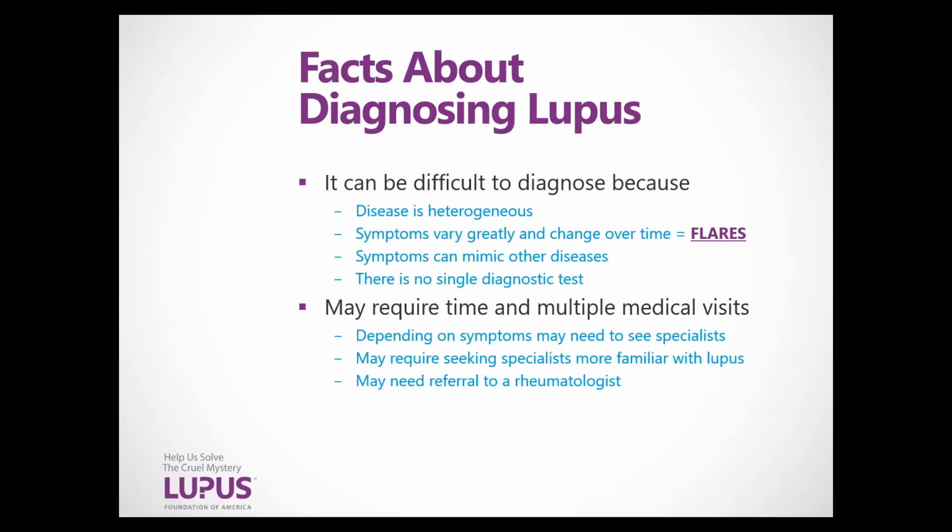So lupus is a disease that's known for being difficult to diagnose because the symptoms are different from person to person. They can come and go, and they mimic symptoms of so many other diseases, such as rheumatoid arthritis, blood disorders, fibromyalgia, diabetes, thyroid problems, Lyme disease, and a number of other heart, lung, muscle, and bone diseases. So it can, as I mentioned in the beginning, sometimes take several years for a person to receive an official